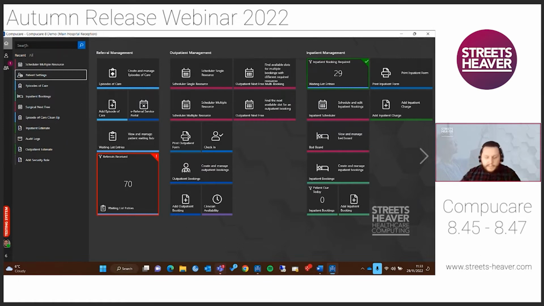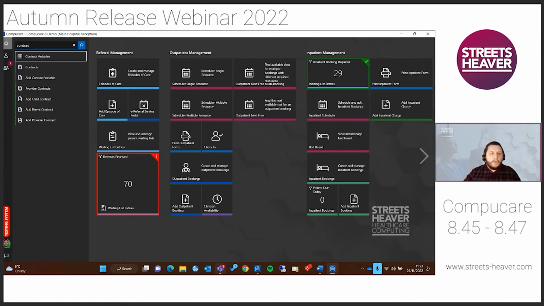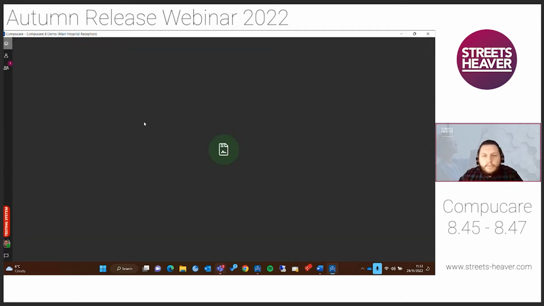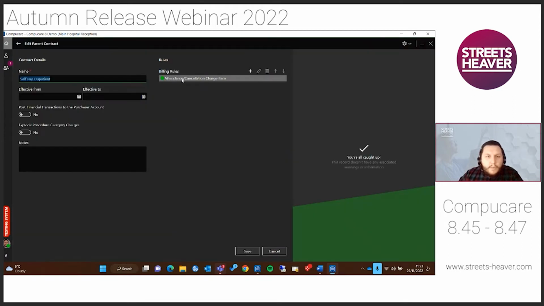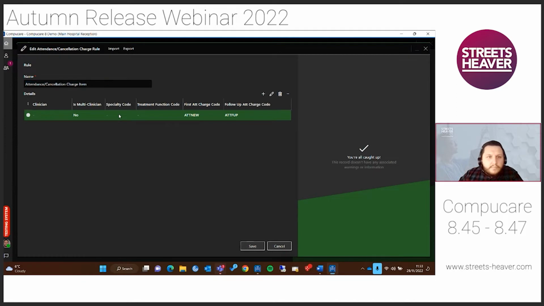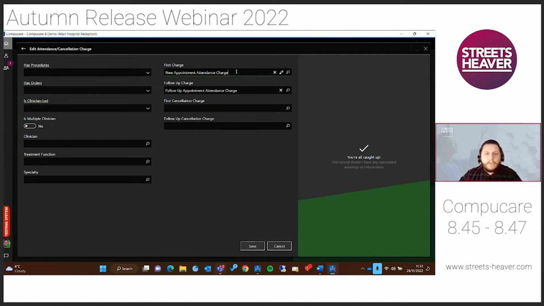So what I'm going to do is, before we get started, I'm just going to run into a contract so I can show you what I've got set up so we can see it pulling through when we look at the live example. So in my self-pay outpatient contract, you can see I've got a billing rule set up here. And this is just for attendance charges. So you can see we've got the first charge and follow-up charge. If we just drill into those a little bit more,